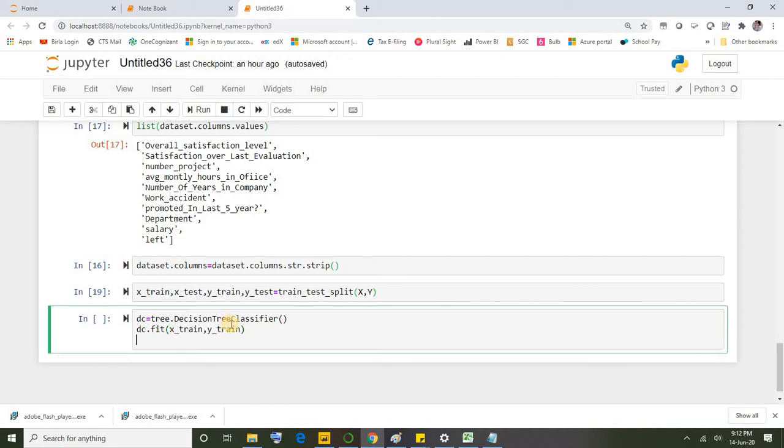Let's create some variables for prediction and probability. I'm gonna create y predict equal to dc dot predict x.